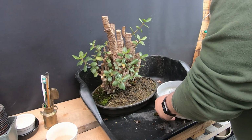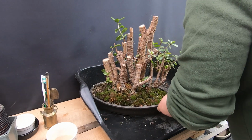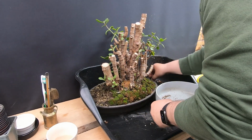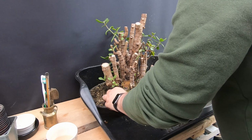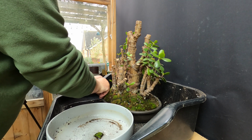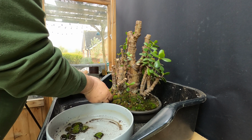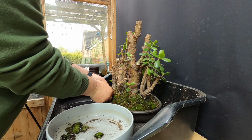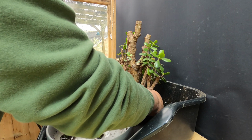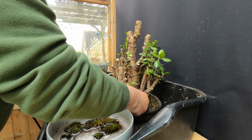So I've got another pot here and I'll just turn our planting round so we can get to the moss that's at the back. It hasn't been the best moss, to be fair. You know, it's gone green in some places and done okay, but it didn't green up nicely like I thought it would. We've used rainwater for it, so we haven't put any chemicals from the tap into it, but